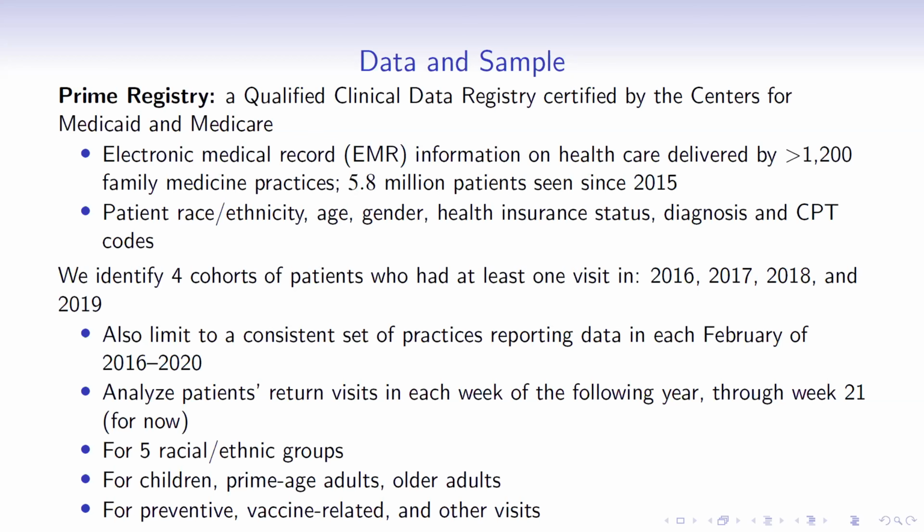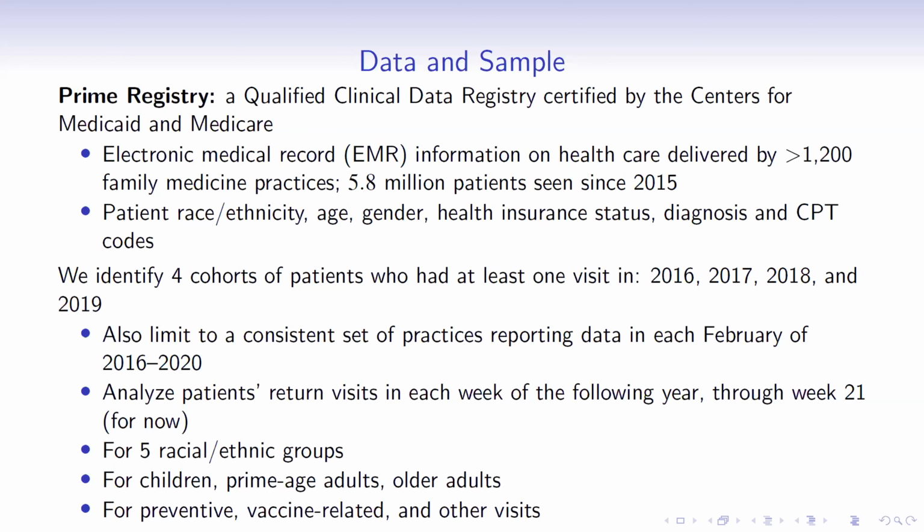So the way that we conduct our analysis is going to be a little bit different than what has been done in prior work, in which folks have typically just aggregated the total number of outpatient or primary care visits of different types and looked at trends over time. Here, because we're interested in looking at disparities by race, ethnicity, by age, by type of visit, we want to be careful in accounting for pre-existing differences in access to care in years prior to the pandemic. So what we do is focus on 4 cohorts of patients